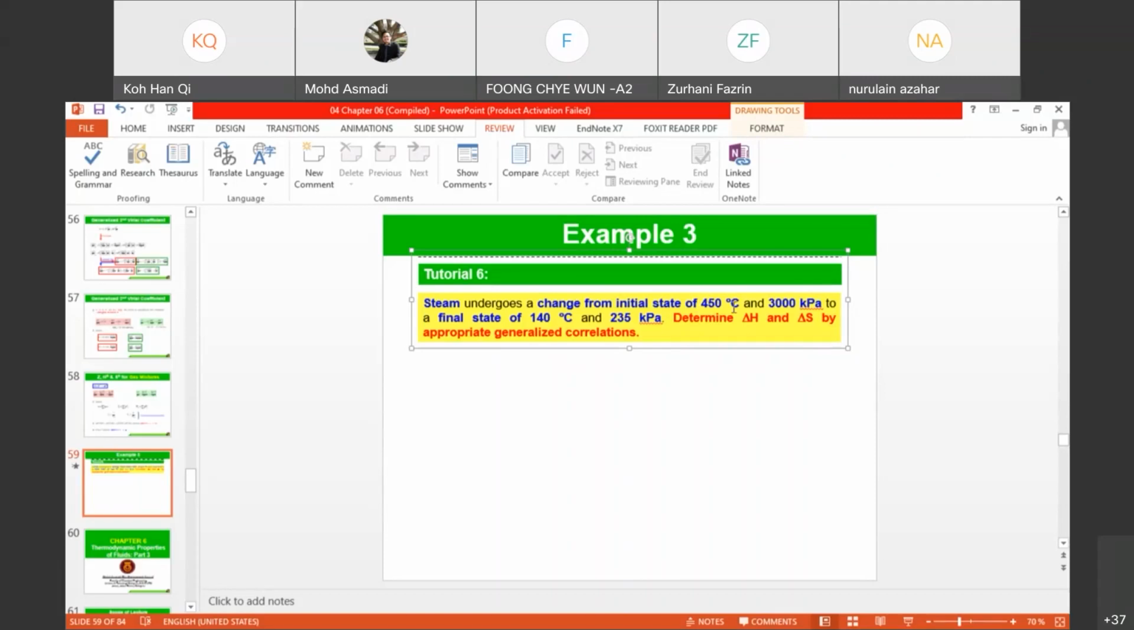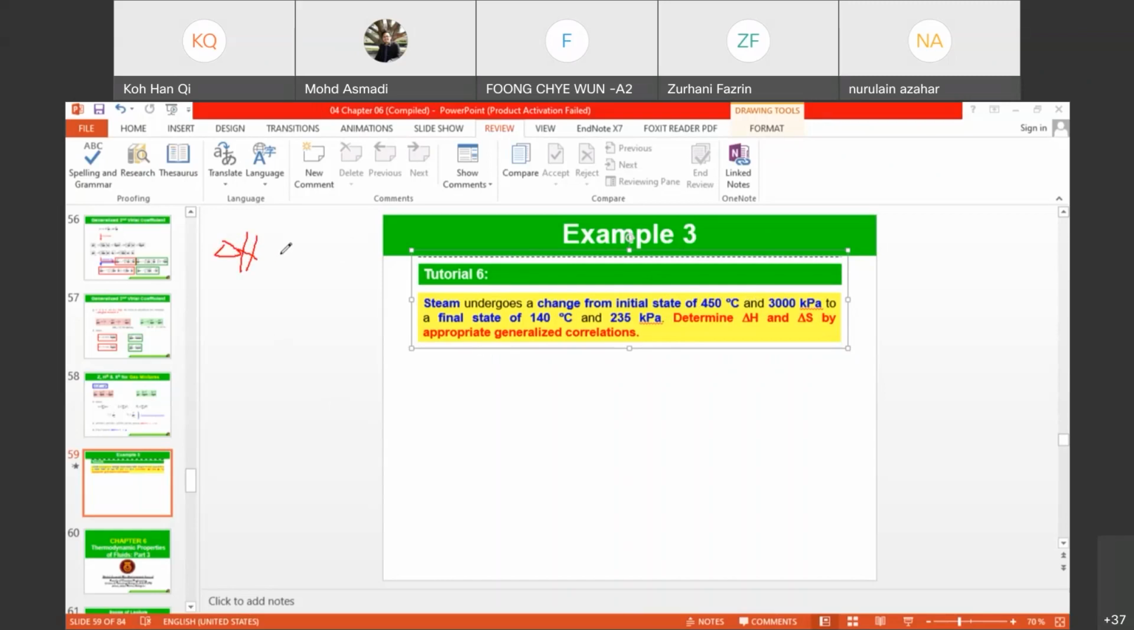Since it's entered at 450 degrees C, 3000 kilopascal, what you have to do is determine TC, PC, omega, and then TR1, PR1, and TR2, PR2, because they have two conditions. So if you want to determine delta H, because it's entered at